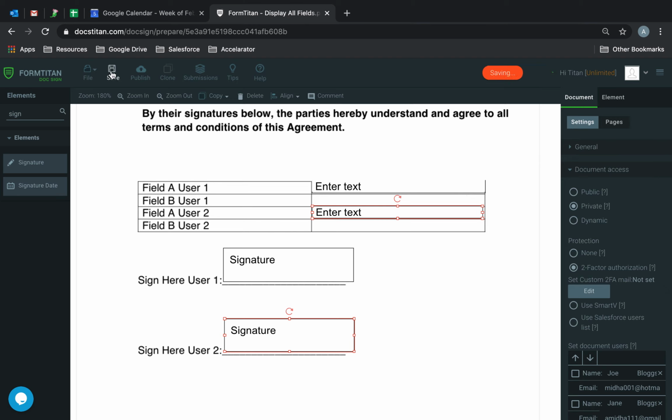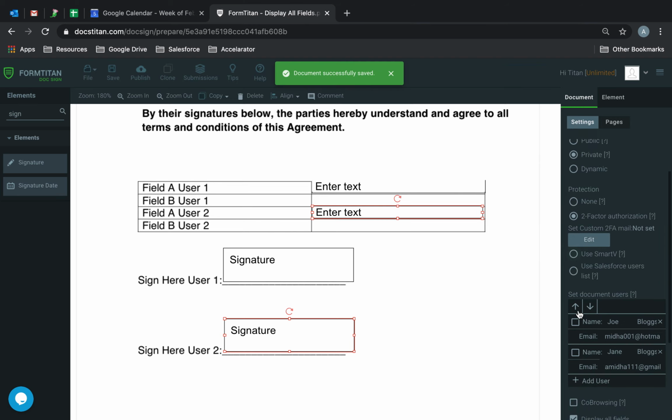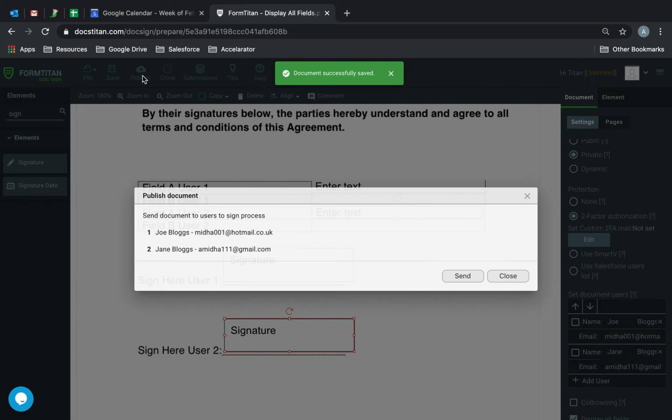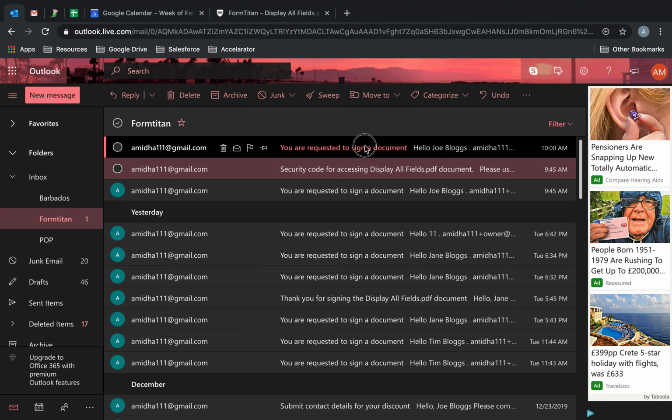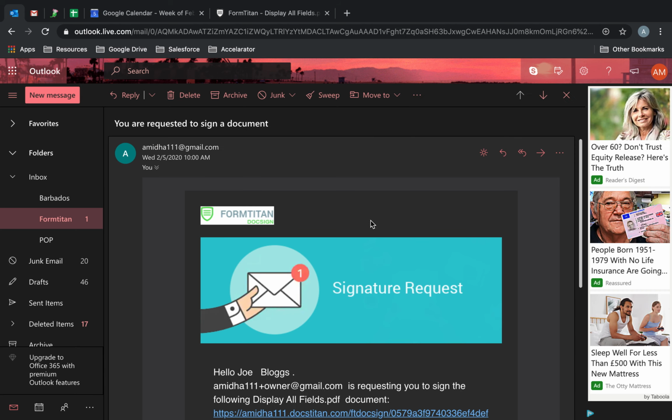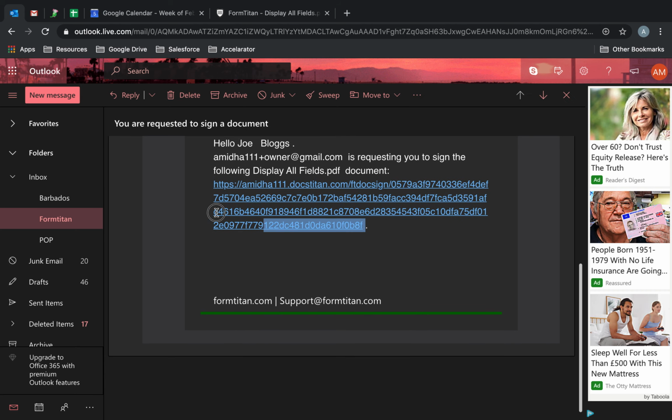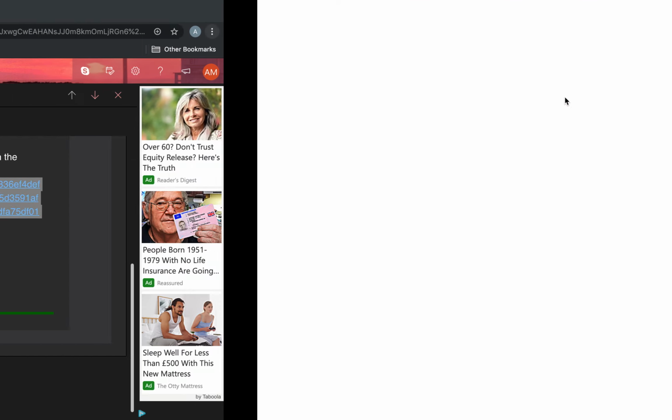Okay, so here's what's going to happen now. I'm going to go ahead and publish, and both of these documents are going to send out independently to both of these users. So first thing we'll do is go to Joe Blogs first, okay? There's the email, it's come through. It said you are requested to sign the document. I will take the URL for Joe Blogs, go into incognito mode,